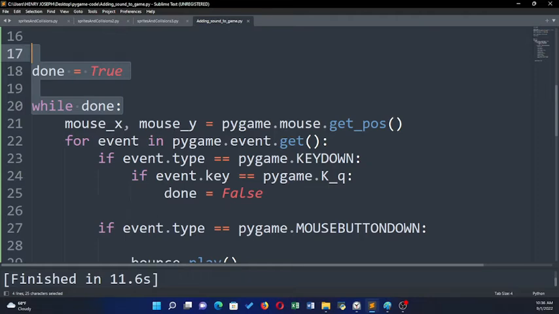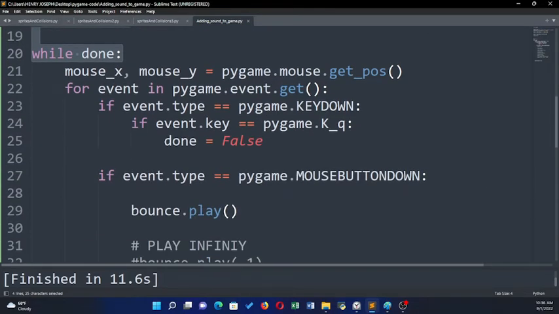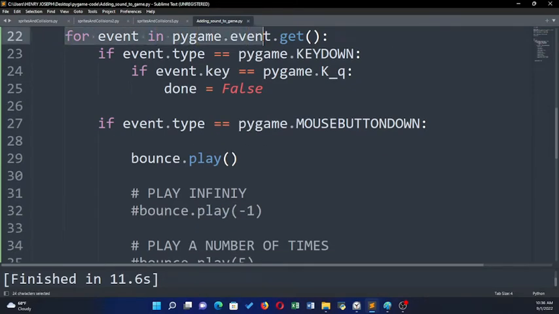So what this program is going to do is, every time someone clicks on the screen, we are going to play the sound. To make that possible, we're going to first get our mouse positions. To get our mouse positions, we're going to call pygame.mouse.get_pos and then store that into mouse X and mouse Y. So for event in pygame.event.get,